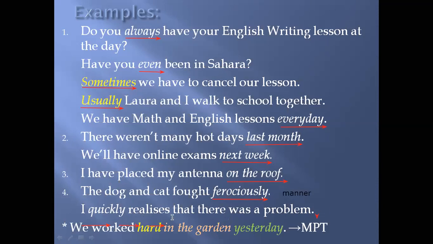So I quickly realized, sorry, there's a mistake over here. The typing mistake, let me cross it out. Realize, here. I quickly realized that there was a problem. Instead of E, you're supposed to have realized. Let me place it over here. There is a typing mistake. Hold on. This D should be instead of S. I quickly realized there was a problem.